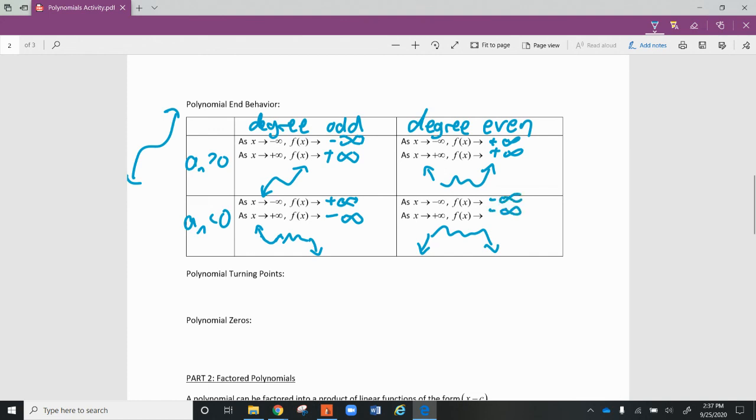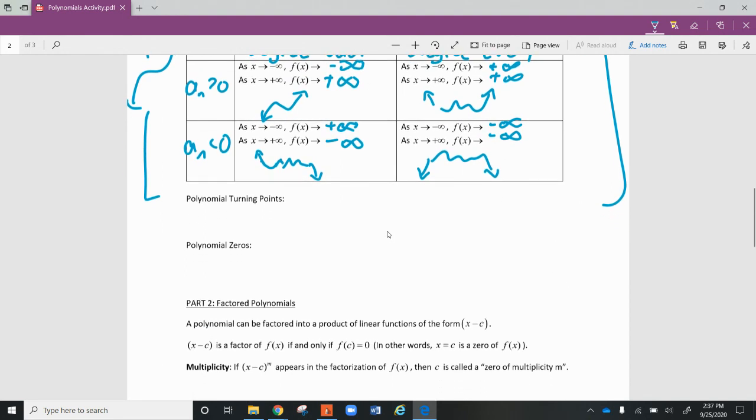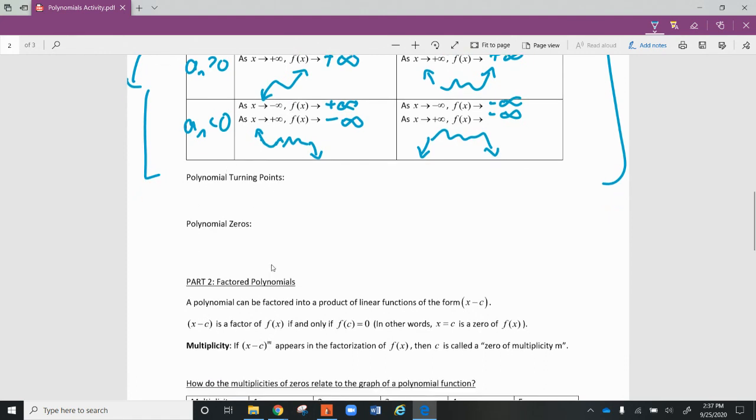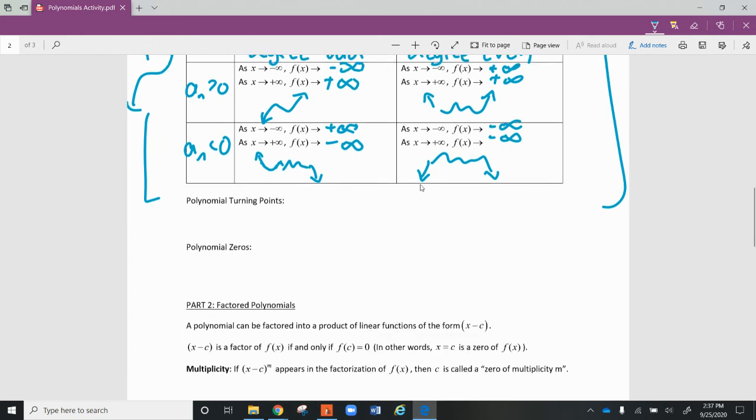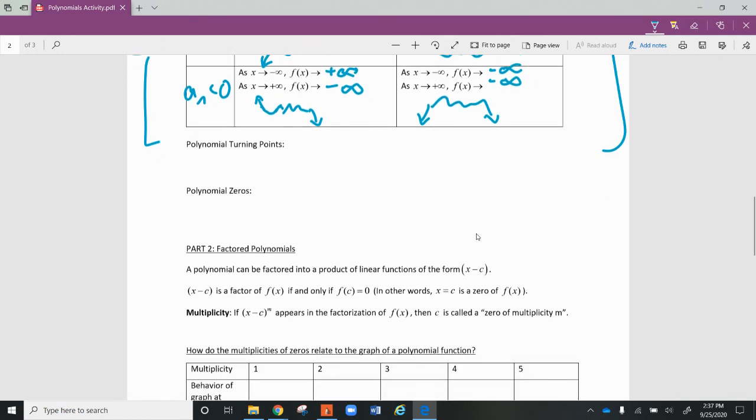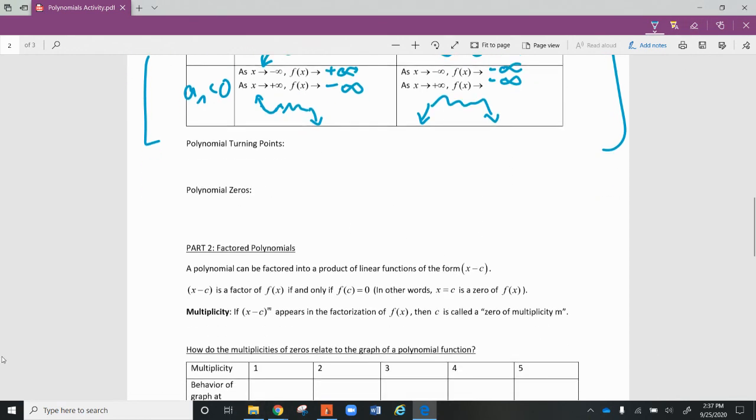So this is our table for remembering how to figure out what the end behavior is based on just those two pieces of information about the polynomial. So now there's some other information like turning points and polynomial zeros. So what I want to do is, I think maybe I might stop this video and make a new one because this is getting kind of long. So we'll stop and pick up right here in the next